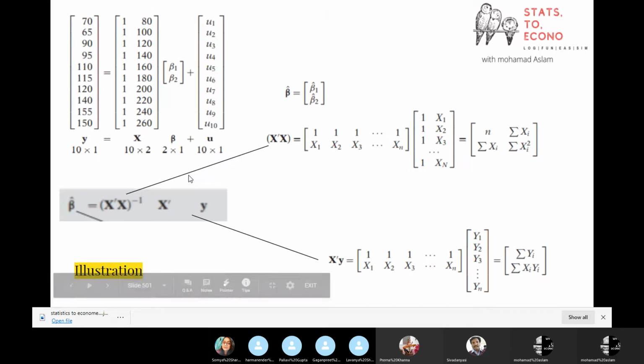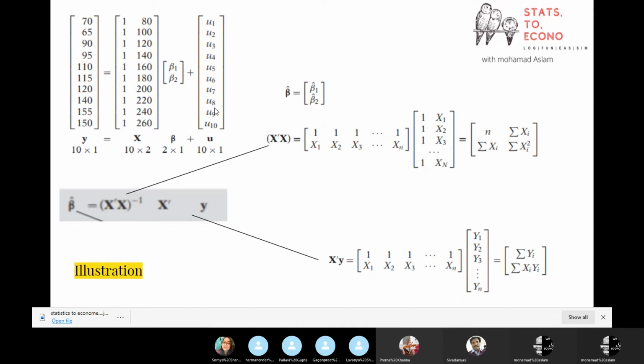So just take it from the numerical example. Let's suppose we have this y variable, and this is our x variable. This is the constant. The data constant is something whose coefficient is always 1 in the data. So this is our y variable, x variable. Now first just see this bivariate case. Yesterday we did it with the simultaneous equation method. Now just take this case with the matrix method. We need values for beta 1 and beta 2 because we have only two variables.